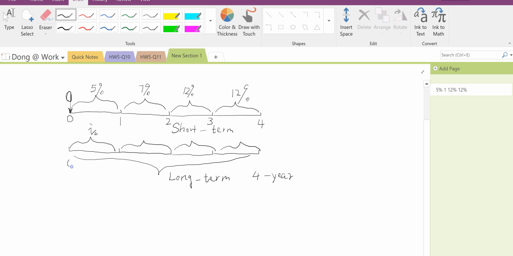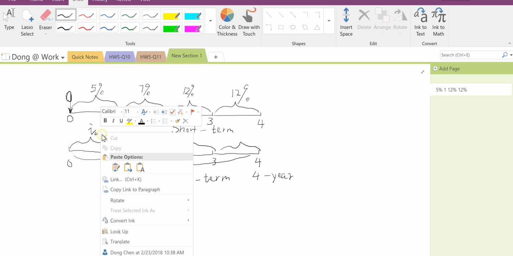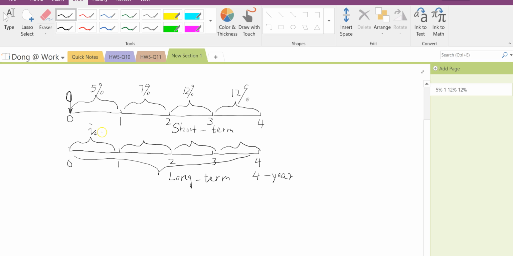So this is 0, 1, 2, 3, 4. So this initial point, that's what this T in that slide means. So I40, okay? That's where you stand. You stand here, and you stand here. I40,